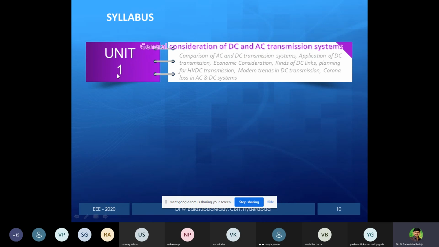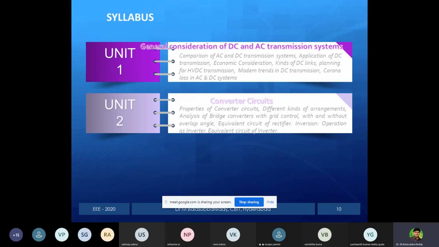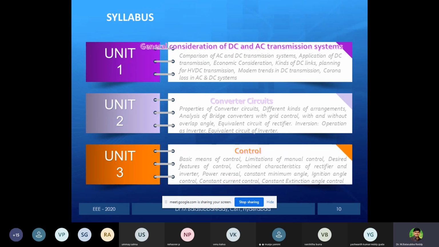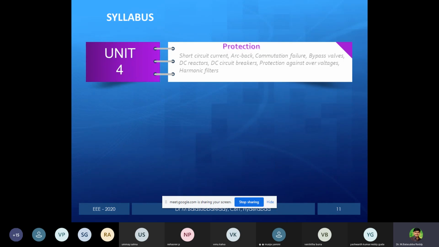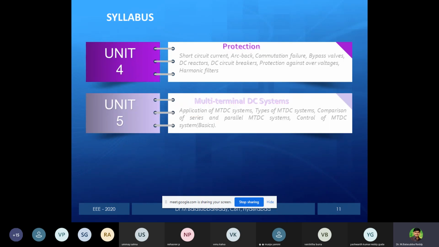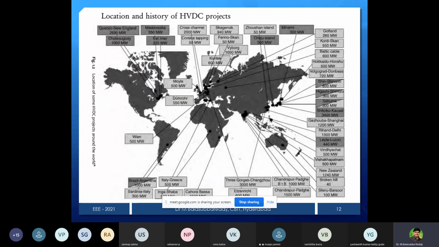of that. I covered all the things in the first unit, and then the second unit, then the third unit control strategies, and then the fourth unit protection, and the fifth unit is multi-terminal DC. It is a very simple unit only: series and parallel multi-terminal DC systems and a comparison of these. So it is basic only that they have given, and these are just some screenshots of location and history